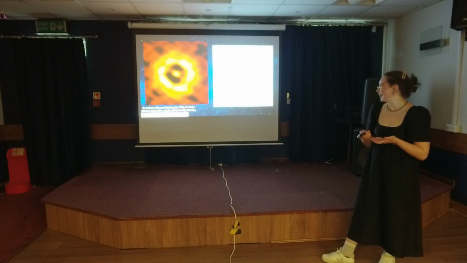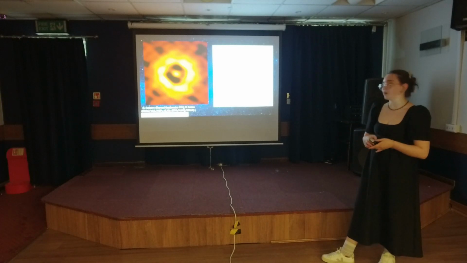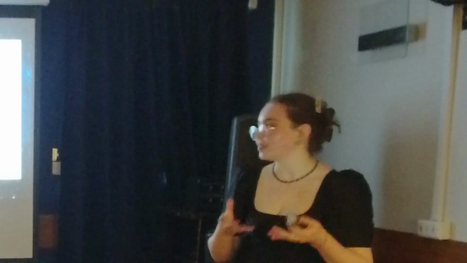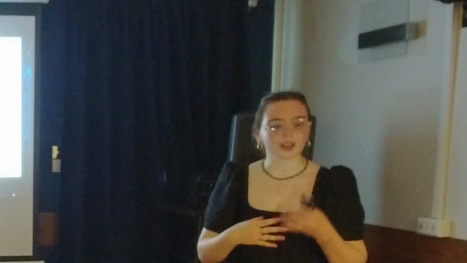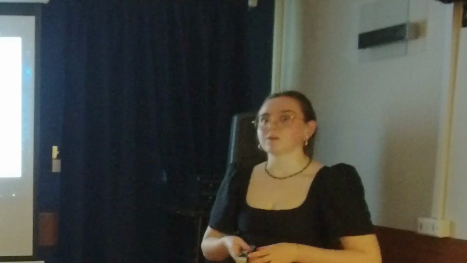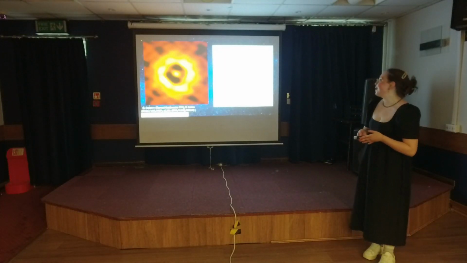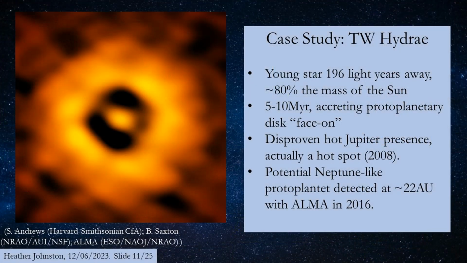misidentification. So in 2008, there was a very prominent article that was released at the time saying, oh, we found a really massive giant planet around this star. It's very close in. At the time, it was the youngest system that we'd ever seen a giant planet in, so it was very exciting at the time. Around, I believe it was even 6 months later, they had to publish a retraction saying it was actually a